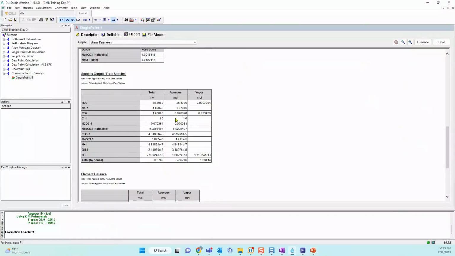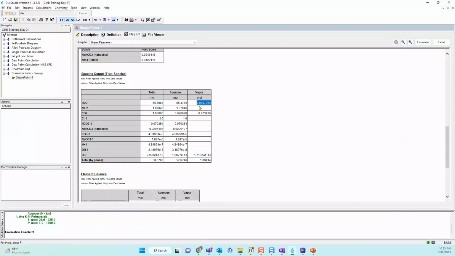And you'll see, sure enough, you added 1 mole of CO2, but it doesn't mean that all of it dissolves in water. Just a portion of it, and the rest of it goes in the vapor phase. And because you were adding CO2, maybe it was too much, it evaporated a little bit of water as well.